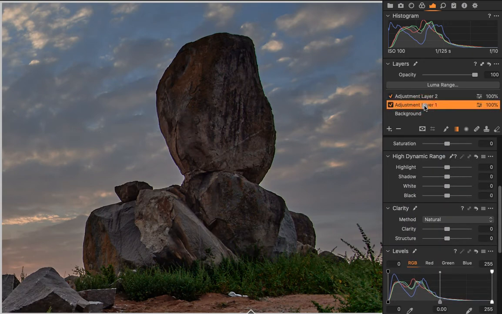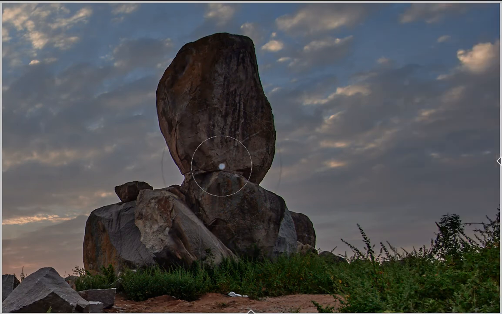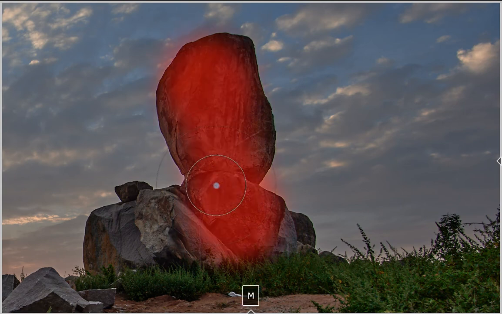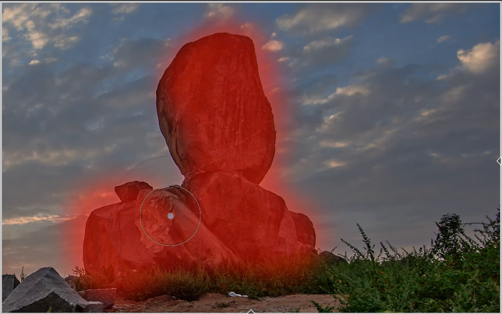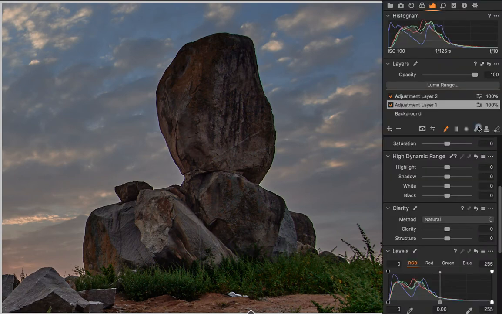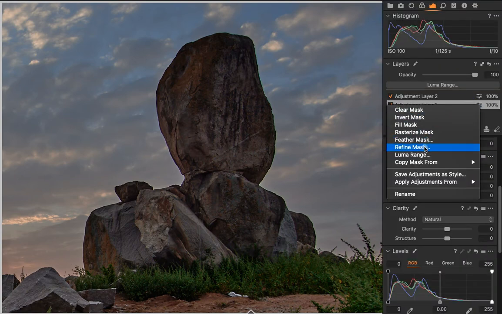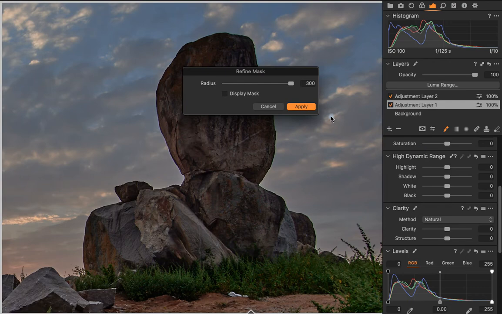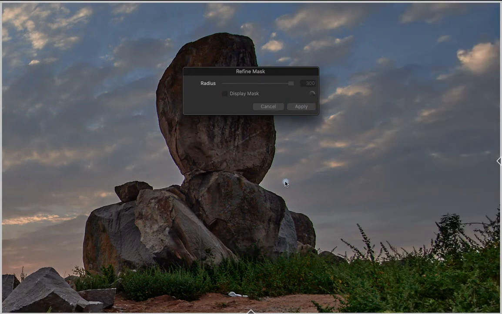So let's go to this adjustment layer one just for demonstration purposes. I'll take a paintbrush and paint over this rock. The shortcut is M, just to see your mask where you are painting. I'm going to do this a little bit quickly just for demonstration purposes, and right click here, refine the mask, so it will take away any halos.